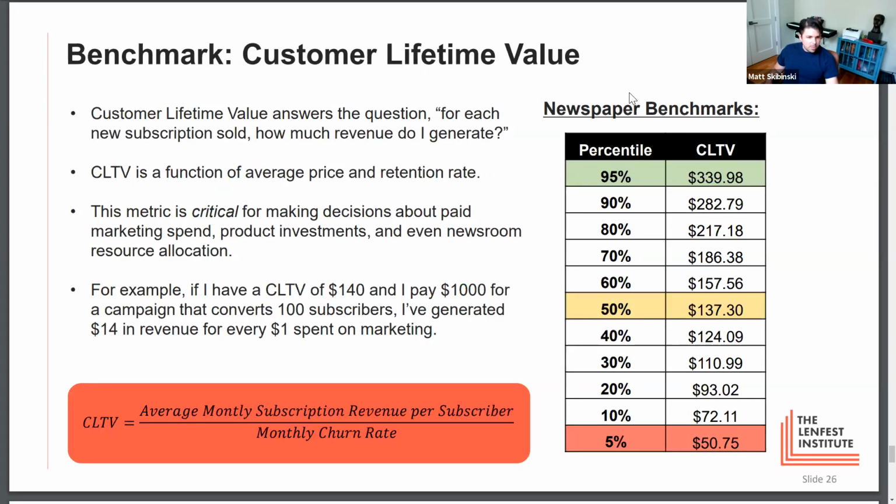And I think this is the last benchmark we have. This is a customer lifetime value benchmark that, again, is based on a lot of newspaper publishers. And this is for digital only, digital subscriptions only. So it's not looking at their print subscriptions. It's not looking at the value generated by advertising revenue by these subscribers. It's really looking at, if I sell a subscription, what is that worth over the lifetime of that subscription for digital access only? So you can see the median is a lot lower than the example I showed earlier,